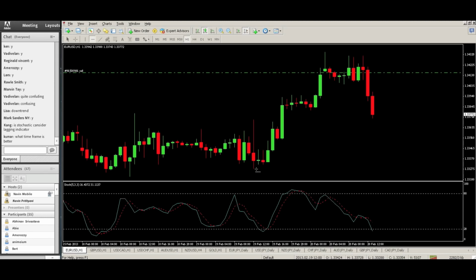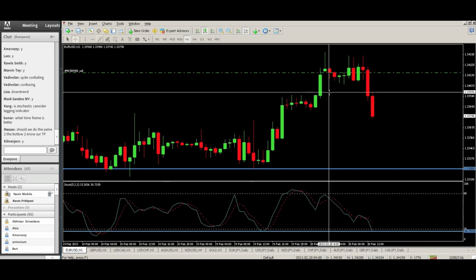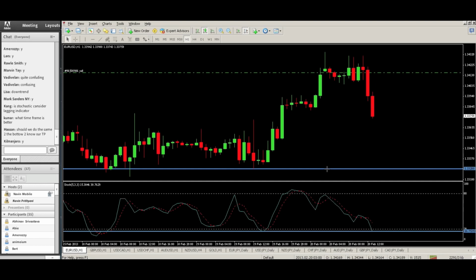We have a bottom here, right? Kumar, 1 hour and above is my preference. We have a bottom here. Do you think we might have a possible breach? Hey, it's possible. If the indicator goes below this area, that means we've gone below our previous low. But on price, look how far the previous low is. How far is that low? That's like 46 pips away. It's already dropped, what, 45 pips. That's another 46 pips for it to drop today. Seems unlikely.